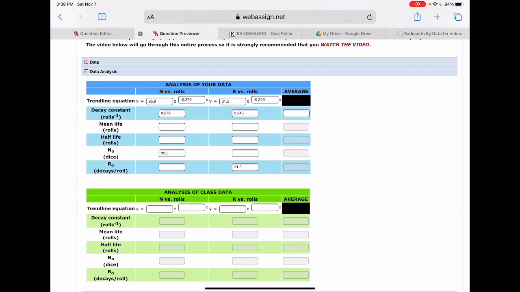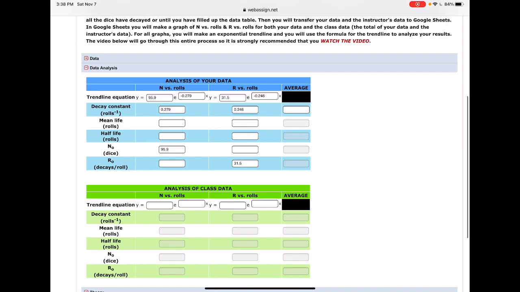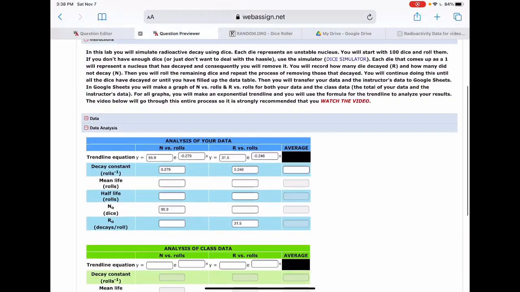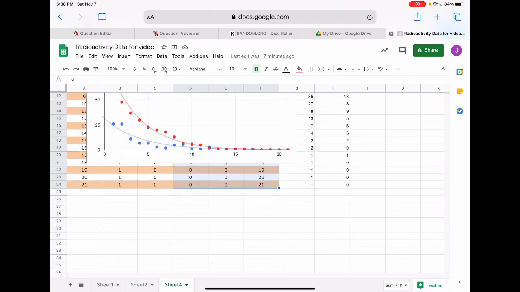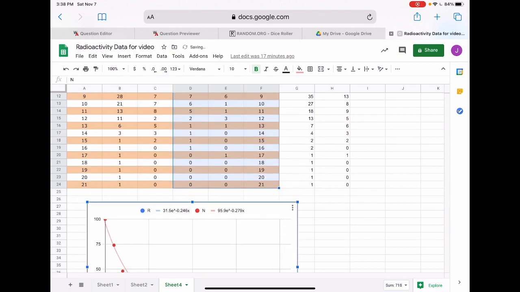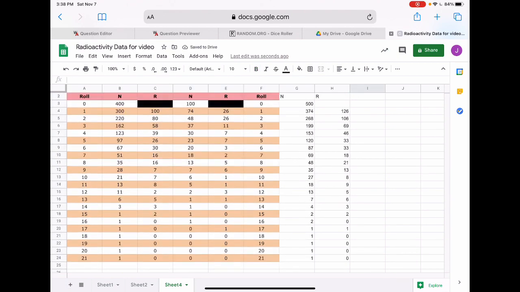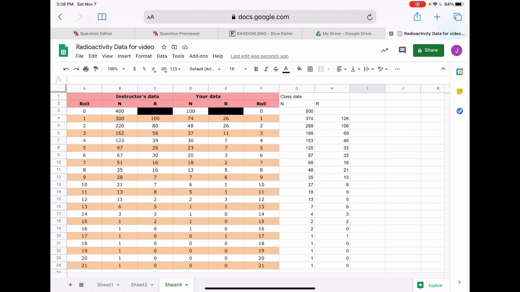Then you have to go through and do all of this again for the analysis of the class data. So for the class data, going back to the Google Sheet, let me move this. Move that down there. I need to make another chart for the class data. There we go. This time I'm going to highlight all of this. And when I go to insert a chart,